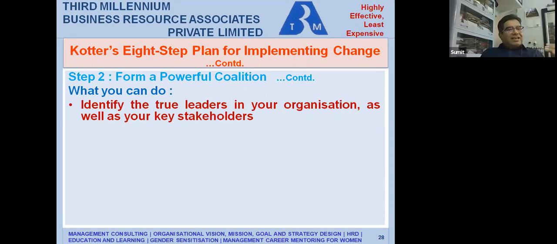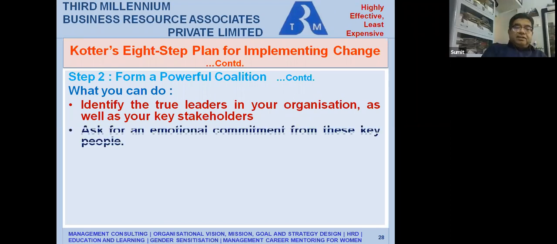So that is where true leaders, this is a very, very important aspect, that true leaders have to be identified at every level, right? And who are your key stakeholders? Don't work in the air. And that is why I keep on harping about rationality, analytics, right? Then second point here, what we can do